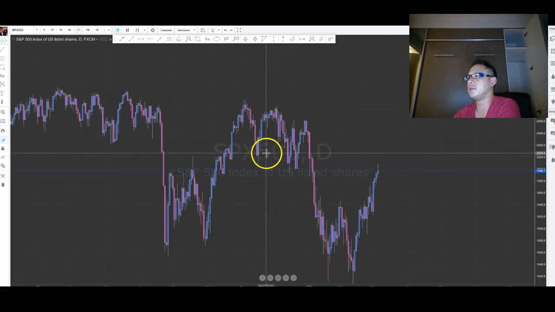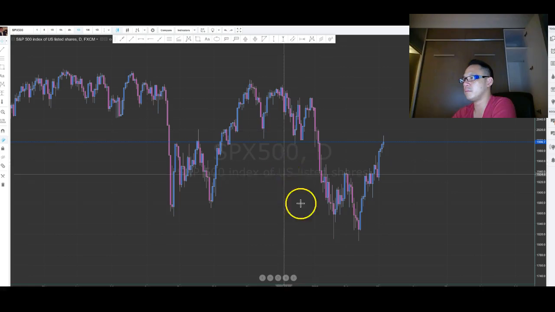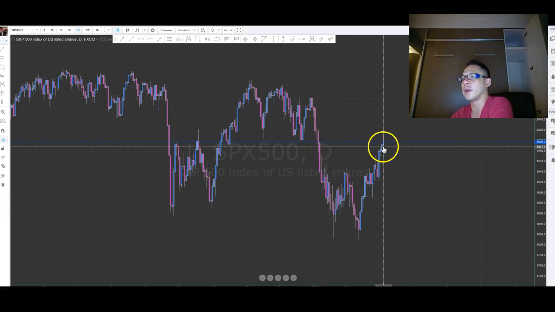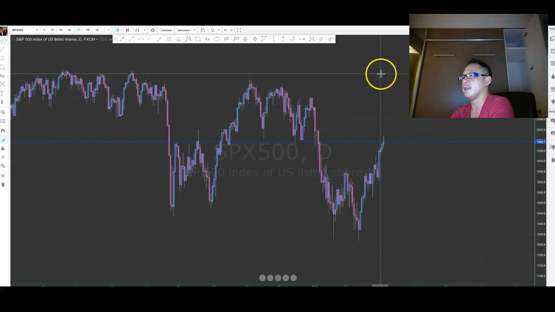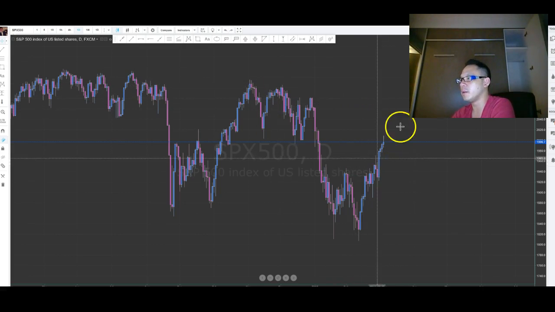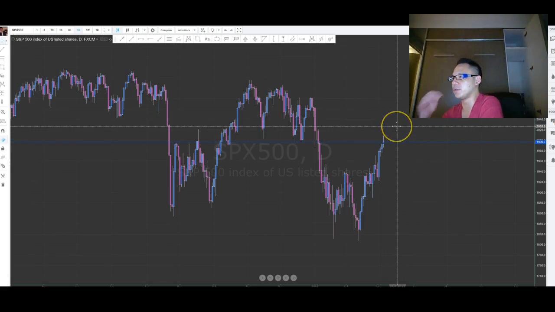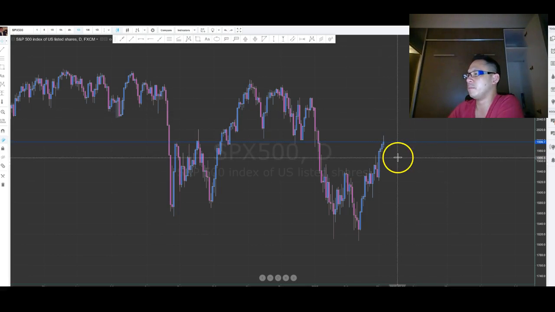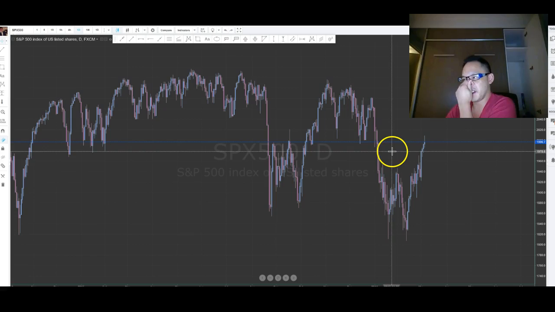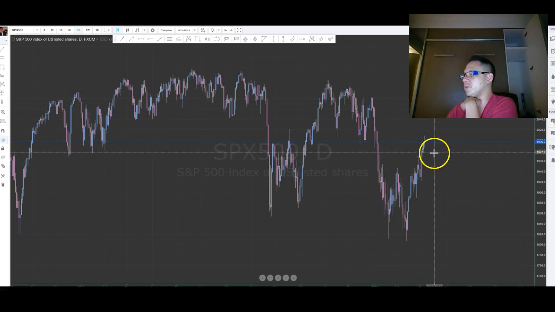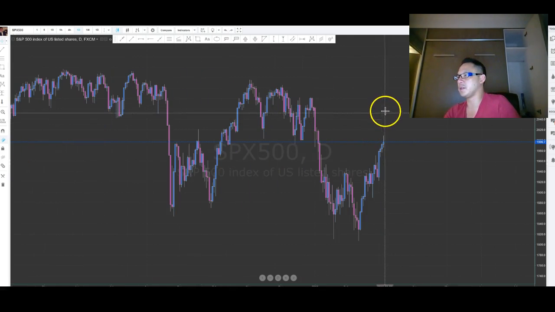SPX 500. Again, same thing. We're looking for a confirmation signal. I don't think this market will go any higher than this level here, but I still need to see a confirmation signal, right? Because until we get that, we can't really enter a trade. I won't talk about this too much. We'll just have to wait and see. But I wouldn't be entering any trades right now. I would definitely not long trades. Just wait and see what happens first.